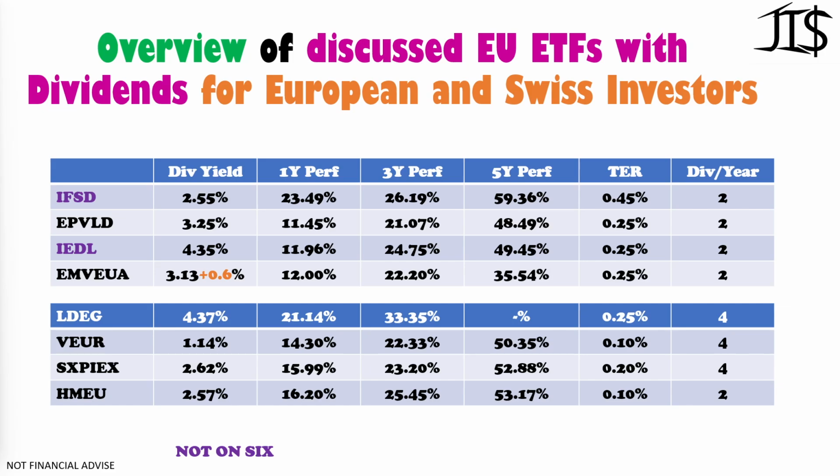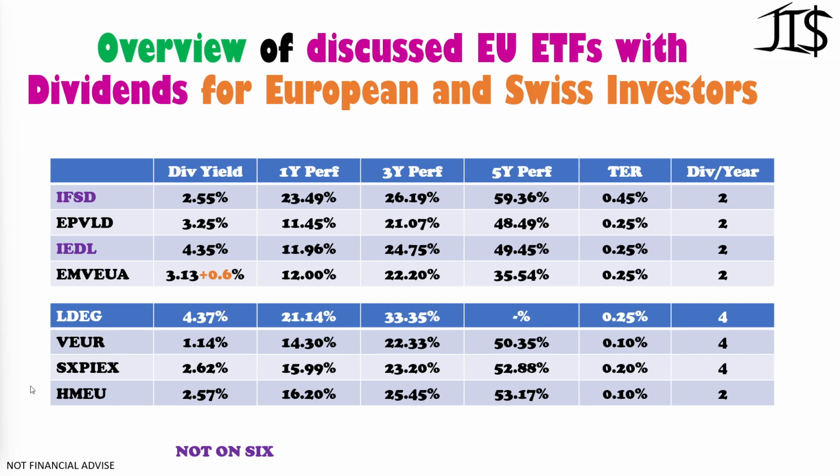Okay, the LDG one, it pays out the highest dividend as well in around June. So yeah, it's not that big of a difference because the three other payments are not that high as the one in June, but still quarterly payments, I always prefer that. And the total expense ratio is 0.25% as well. So my wife and I think we made a good choice investing into this one.